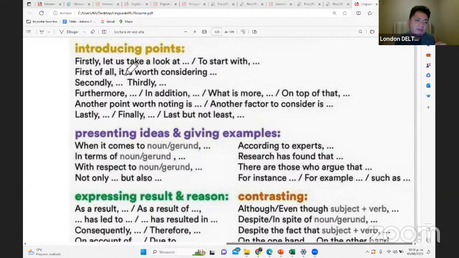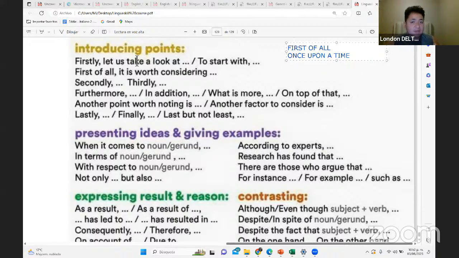Eso es como primeramente, firstly, puedes decir firstly. También tenemos otra expresión que es first of all. Entonces puedes iniciar así cualquier cosa. Firstly, first of all, que quiere decir primero, primeramente. Si estás iniciando una historia, por ejemplo, puedes decir once upon a time, que es como érase una vez. Ok? Many movies start like that. Muchas películas empiezan así. Right? Sobre todo fantasía. Say once upon a time, there was the beautiful princess that was caged in the tower, okay? Entonces puedes decir once upon a time.